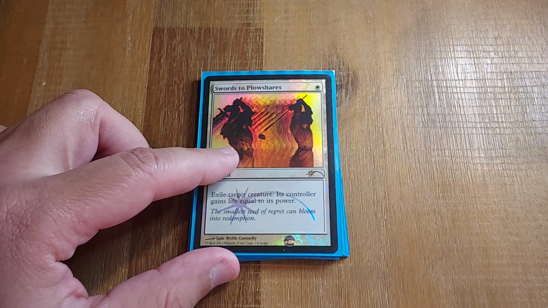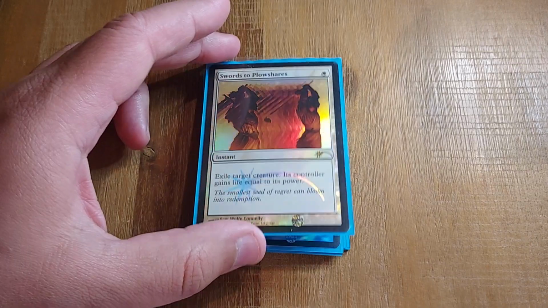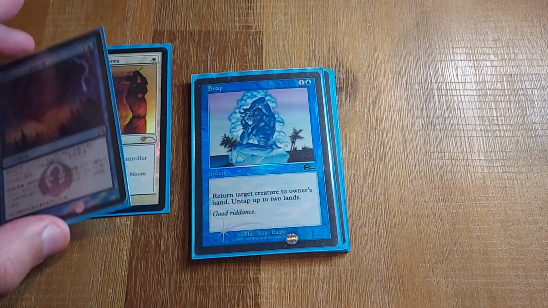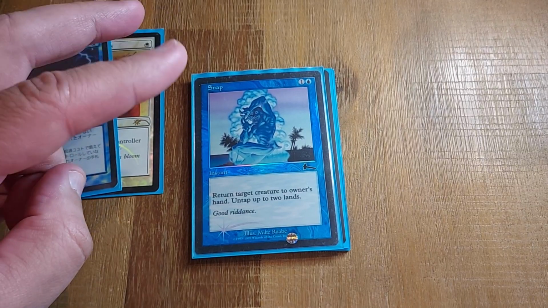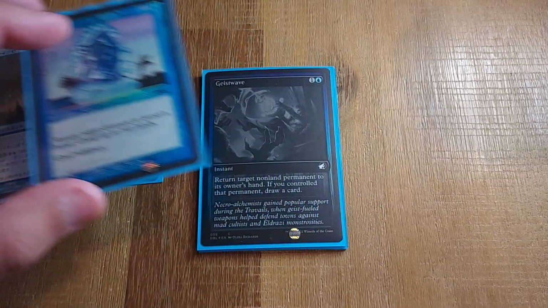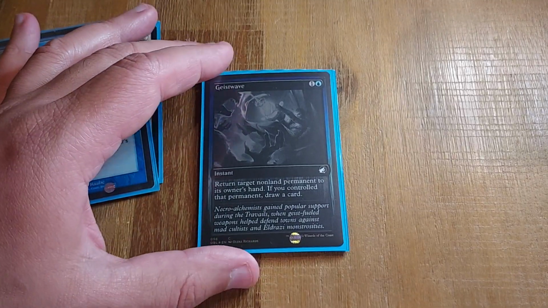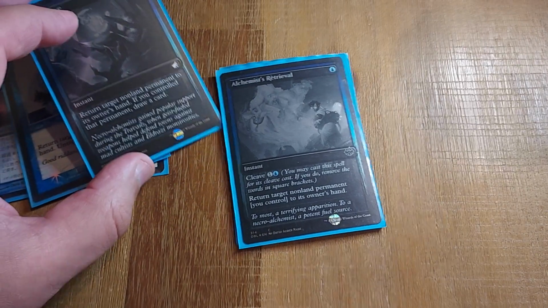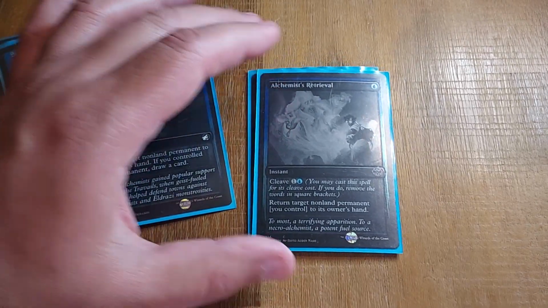Now, our removal package, we have a Swords to Plowshares and a Cyclonic Rift. But we also have a bunch of these Dockside doublers, like Snap, Geist Wave, and Alchemist's Retrieval. Now, these are important because